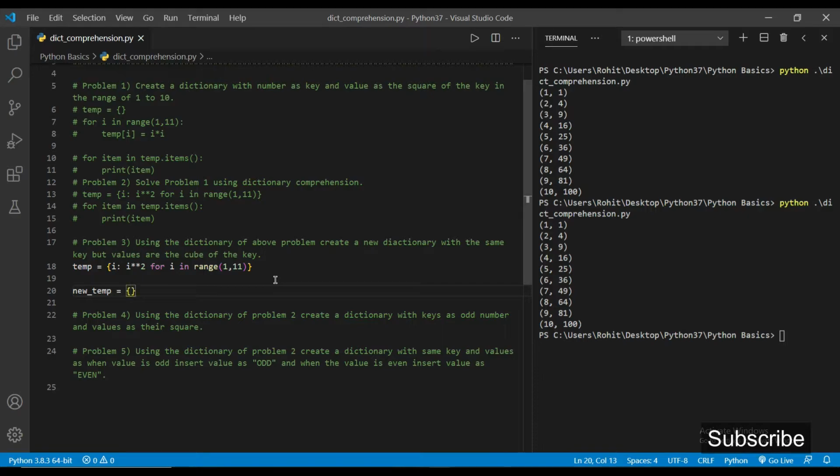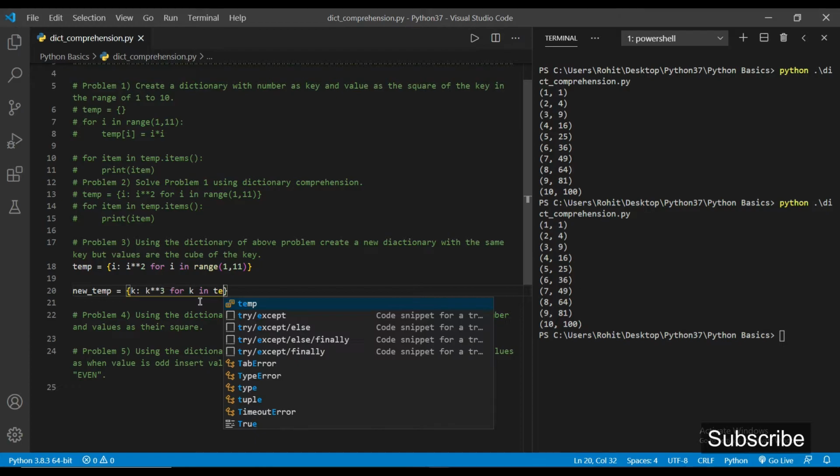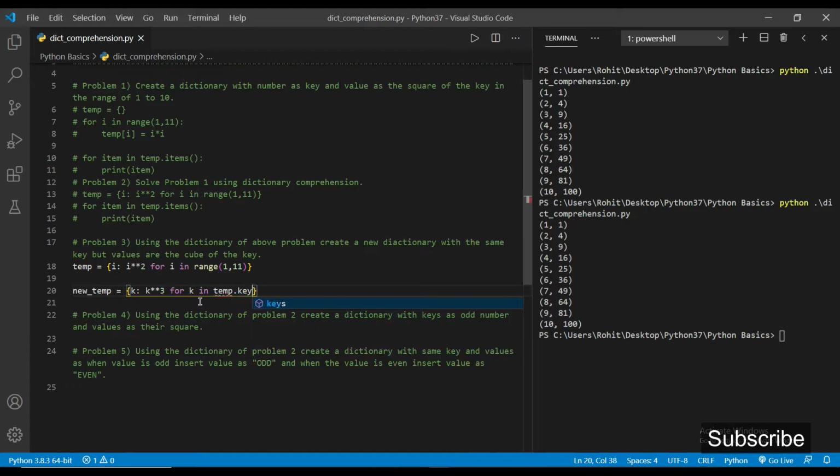And now again we have to write everything inside curly braces. Let the key be k, and after the colon we write its value. So we write k cube, that is k star star 3. Now this variable k is coming from the dictionary temp, so here we have to use a for loop, for k in temp.keys().